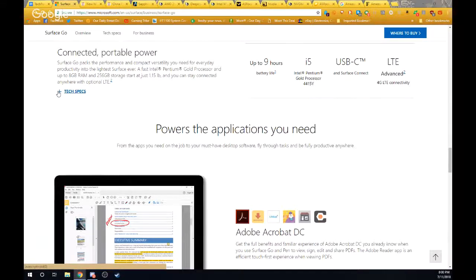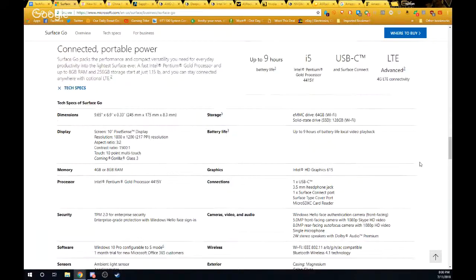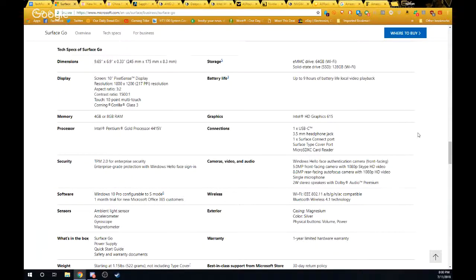This is the key thing I wanted to look at here. I've got the tech specs right here. And so notice they say up to 9 hours of battery life. Up to an i5, but the entry-level model has the Pentium Gold processor 4415Y, which Y is their ultra-low power models. Yeah. And so here we go. And 8 gigs of RAM, that's really good for... I don't know if I've seen any other... I haven't seen any other tablet that has...